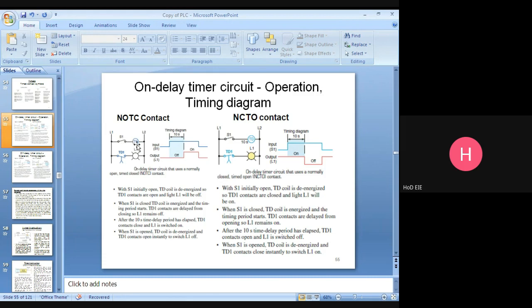Once the switch is closed, this one is energized and it starts counting the timing: 1 second, 2 second, 3 second, up to 10 second. After 10 seconds only, this will close and the bulb will be on. Am I right, Pasupati? Yes, sir. After 10 seconds only, the bulb will be on and it will retain its on position.